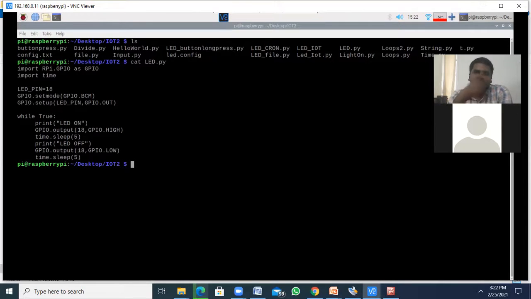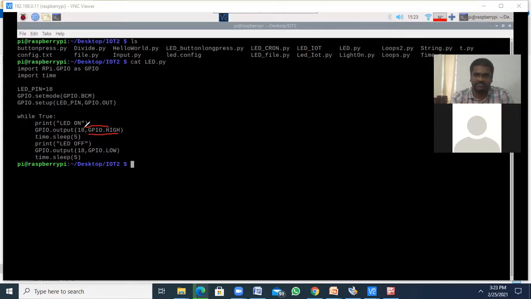So we are executing an infinite loop by using a while loop, while True. First I am printing LED on. Next we have output, so we are sending signal GPIO.HIGH. This is the actual thing.